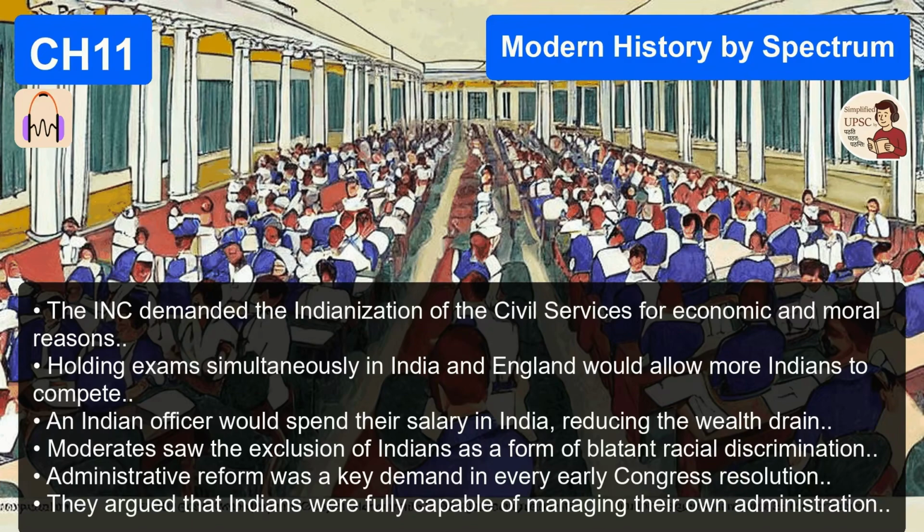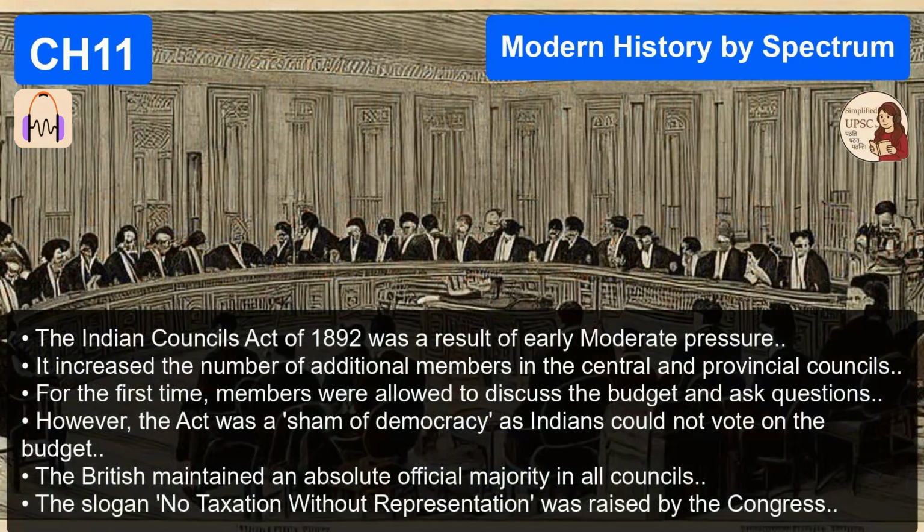Exactly. They achieved massive things. They created the very idea of India as a single modern political entity. They trained a whole generation of Indians in the mechanics of modern political work: how to hold a meeting, draft a resolution, debate a bill. And most importantly, they created the anti-colonial ideology. Right. By the time the extremists like Tilak and later the Gandhians came along to launch mass movements, they did not have to spend time convincing the Indian people that the British were exploiting them. The moderates had already proven it, mathematically and indisputably. The foundation was rock solid.